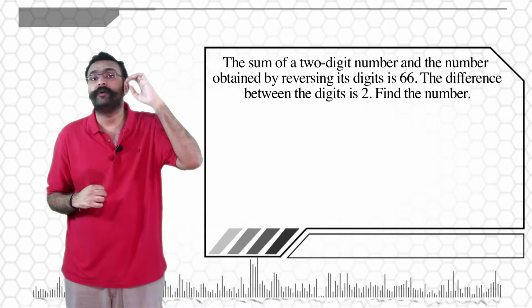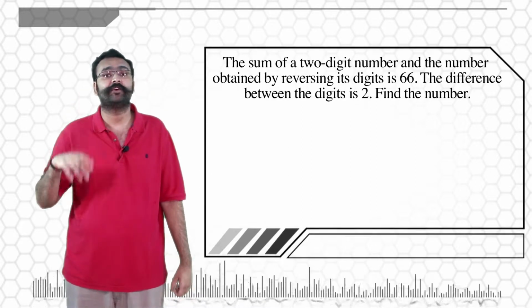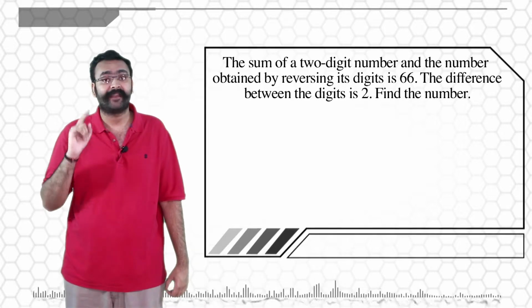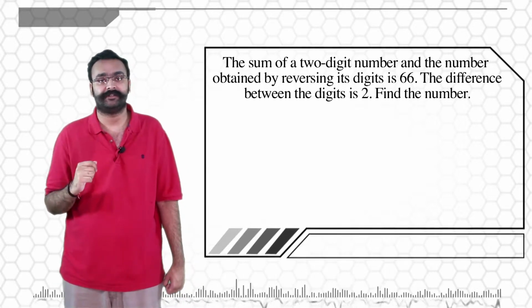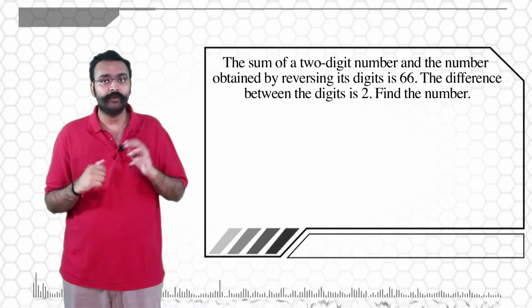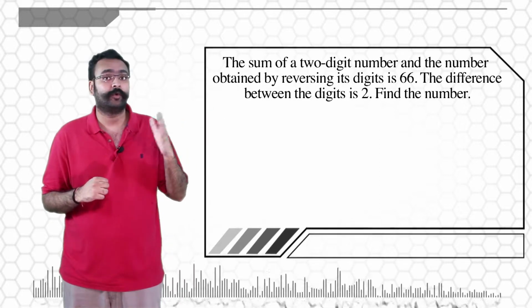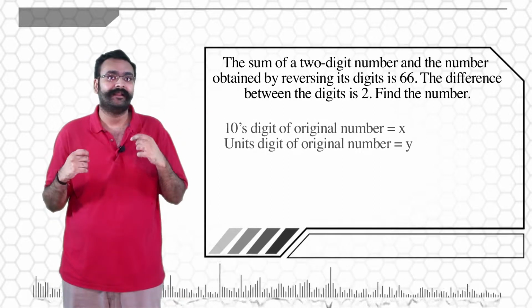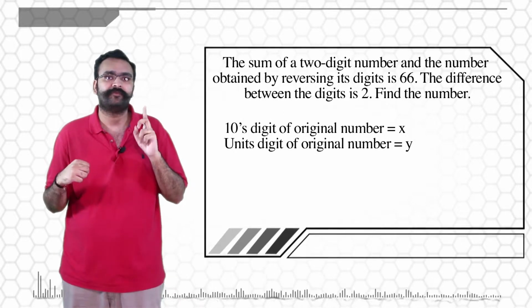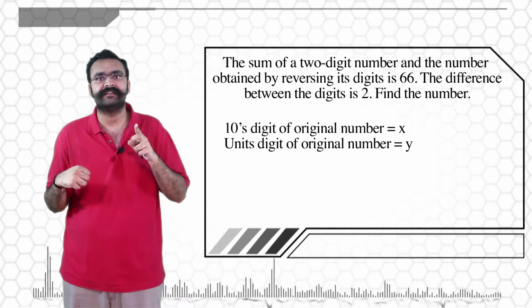If you think all the way back to class 5 mathematics, when you first learn the concept of place value and face value, we will use that to solve this question. Now, any 2-digit number, looking at our question, we know that's what we want to find. So I'm going to say, let the units digit of my 2-digit number be y and the tens digit